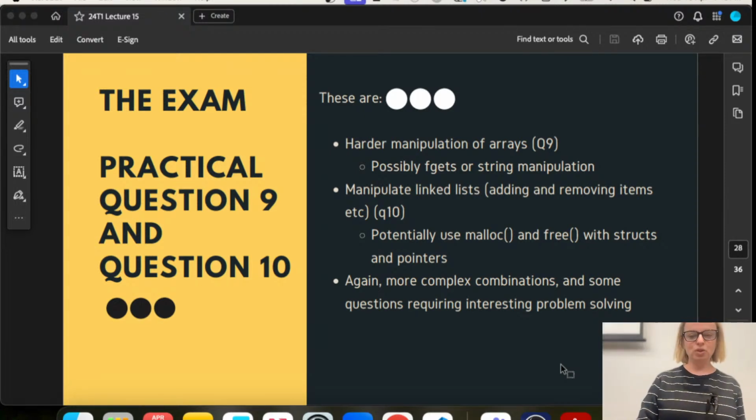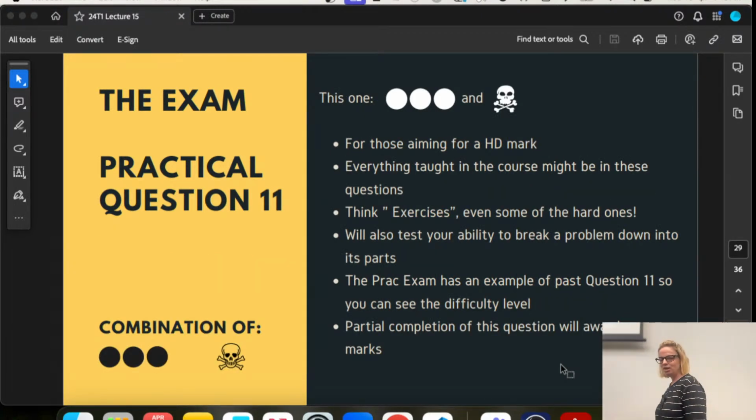Now, just as you thought things are getting interesting, you get to practical question 11. This is a combination of a 3-dot and the skull problems. So what I was saying before, you don't necessarily have to do it. Most people don't even get to the question. But if you are aiming for an HD, it's highly likely that you will attempt this question.